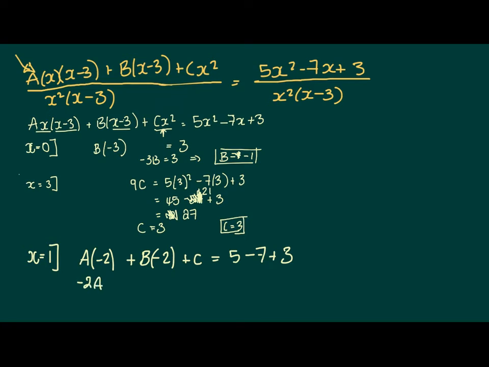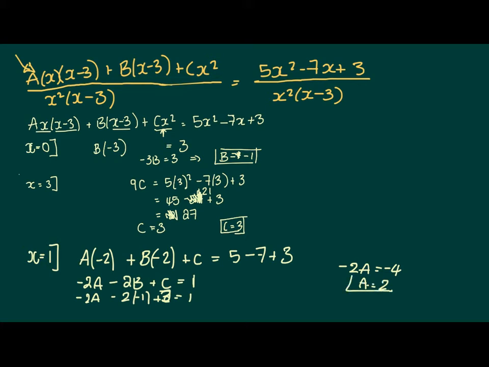So minus 2a minus 2b plus c is 1. And then what are we doing? Minus 2a minus 2 lots of b, which is minus 1. Add c, which is 3. And that equals 1. Rearranging this then, I get minus 2a is equal to minus 4, in which case a